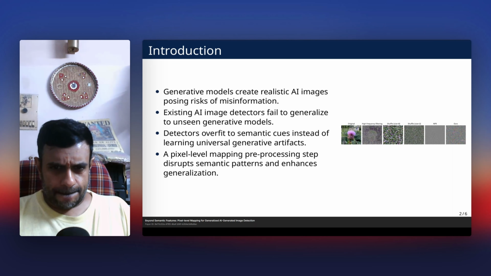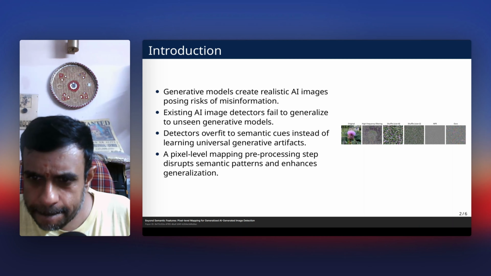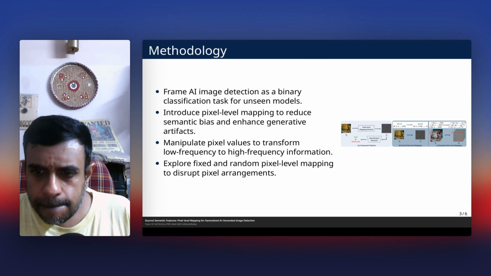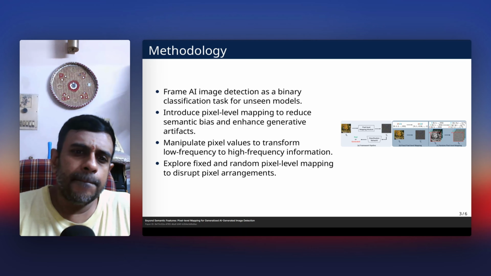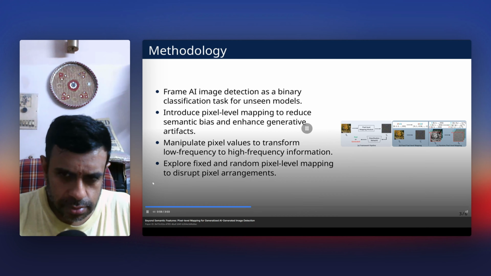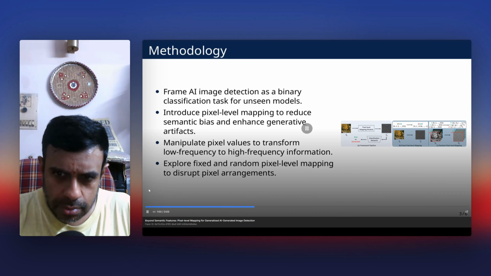Existing AI generated image detectors often perform well on images from known generative models, but struggle to generalize to unseen models. The problem of detecting AI generated images is framed as a binary classification task. The objective is to train a classifier on images from non generative models that can effectively identify images from unseen